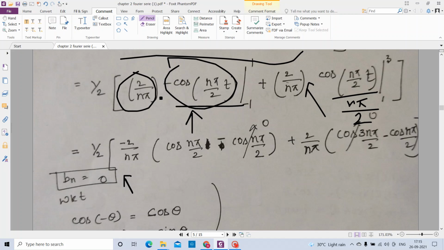See here, cos n pi by 2, and here also minus cos n pi, so it becomes 0. Again, here this is cos 3n pi by 2, and here cos n pi by 2, right? For cos 3 pi by 2, it is 0. Again, cos pi by 2, cos 90 is 0, right? So cos 90 is 0 and cos 3 pi by 2 is 0. So this term also becomes 0. This 0 is multiplied with this